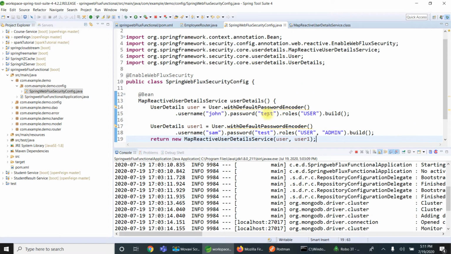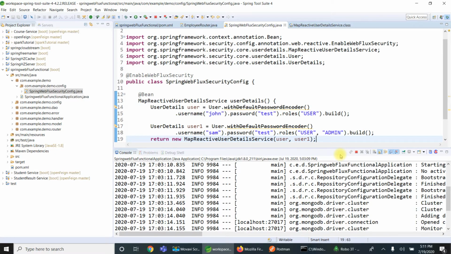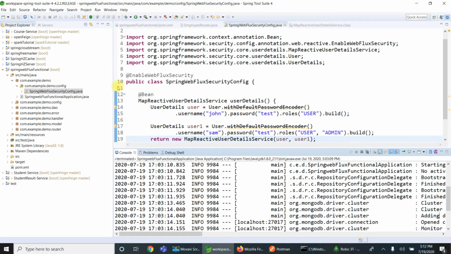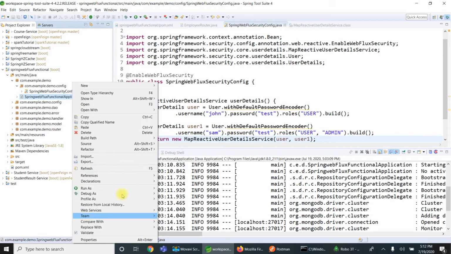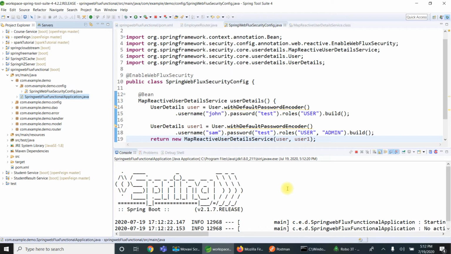So when I add this and enable this WebFlux security, the application is expecting to authenticate all the endpoints coming to this server. When I stop and start the server, it will be expecting authentication on all the endpoints.